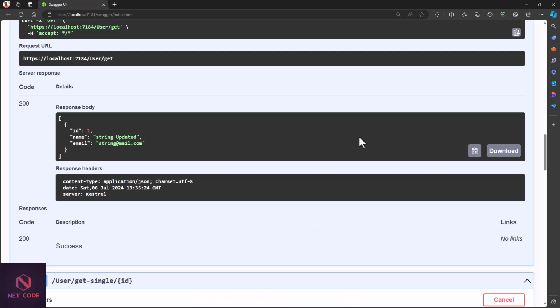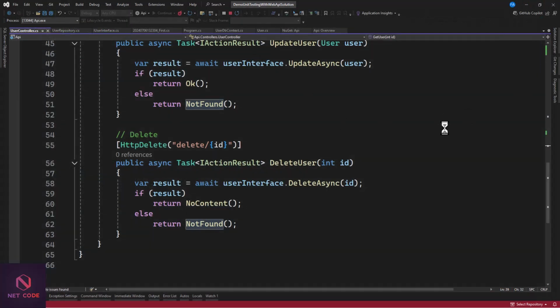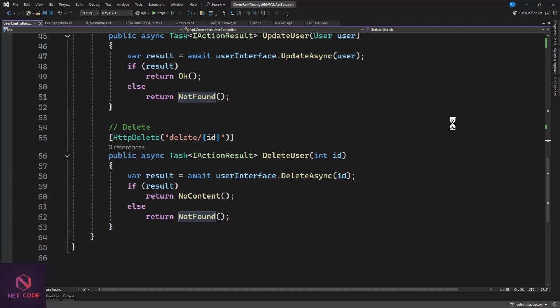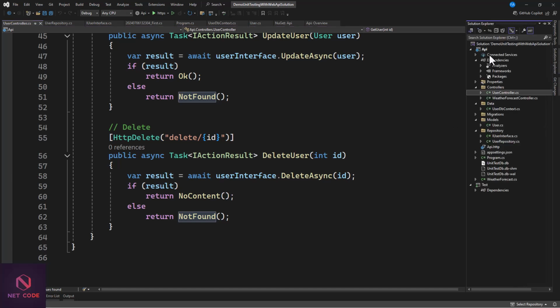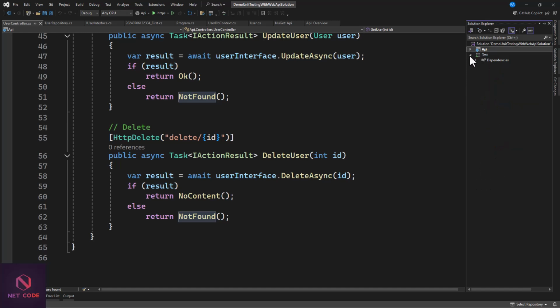Now I have the project, or you and I have the project added already, isn't it? Great, so you have it in there. Now what we're going to do here is install two packages. That is Fluent Assertions, and we need to install Fake It Easy. You can use the Moq package, or you can use Fake It Easy to mock a service or a repo. Now I'm going to use Fake It Easy. So I can minimize this, go to the test dependencies, right click on it, go to Manage NuGet